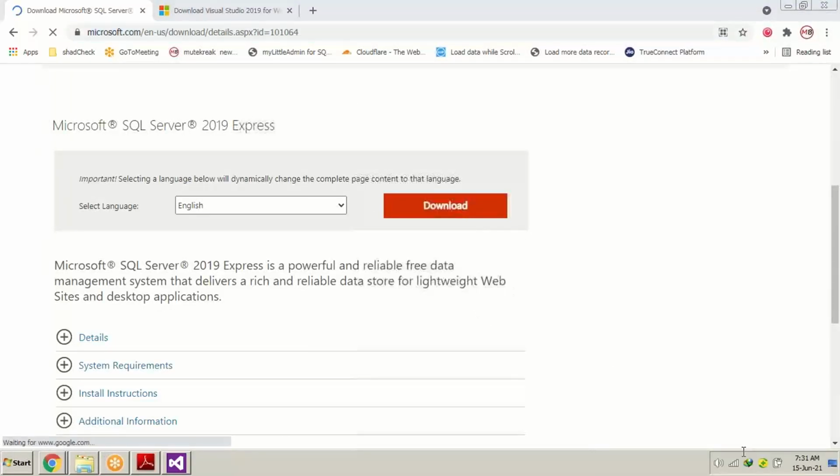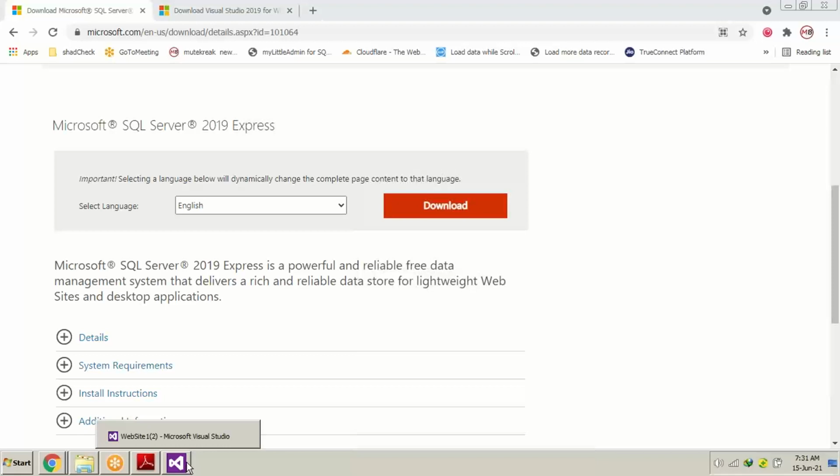Just remember one thing, that your system must support the requirements of these higher versions of MS SQL Server and Visual Studio 2019. I'm going to share the links also through your mails, so that you can directly download everything.